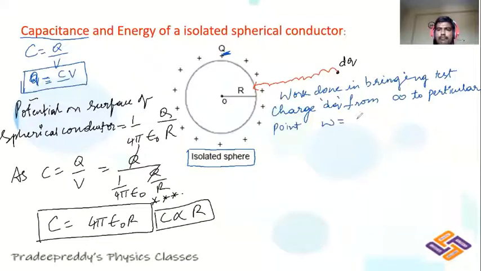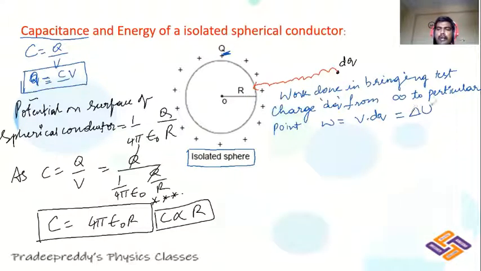W is equal to V into dq. We know this. W is equal to VQ. Work done is equal to force into displacement, right? In the same way, you will get work done W is equal to delta V into Q. This we have already learned in the electrostatics chapter. W is equal to VQ. So between two potential points, if you are moving a charge Q, you need to do some work, and this work done is equal to the change in potential energy of the conductor, and this is the work energy theorem. So W is equal to delta U.